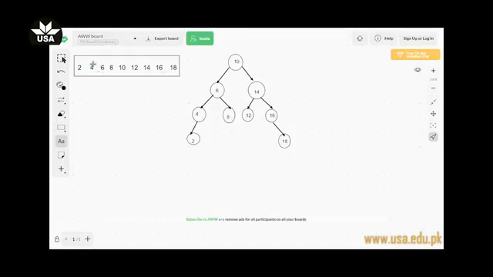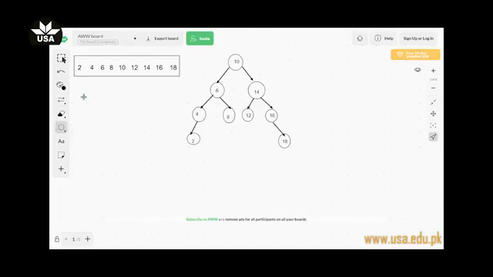For example, if we construct the same tree with the same values in this order, the values represented here are the same values which were used to construct this tree. Now let's again construct a tree with these values in this order. The first value we receive is 2.